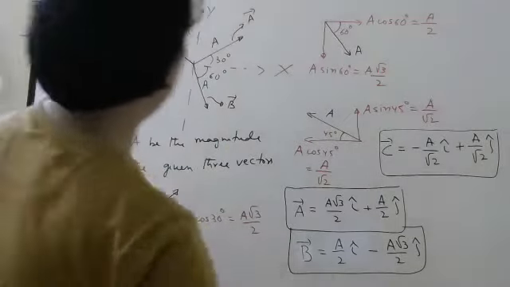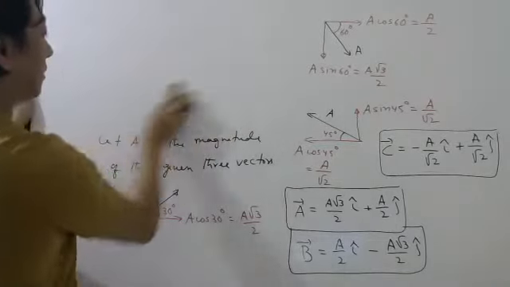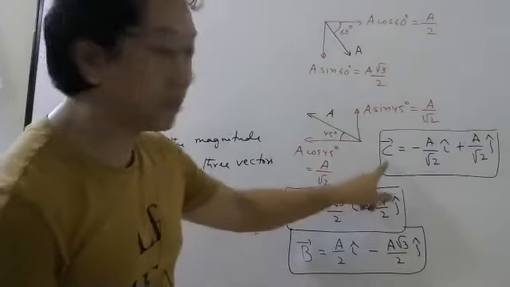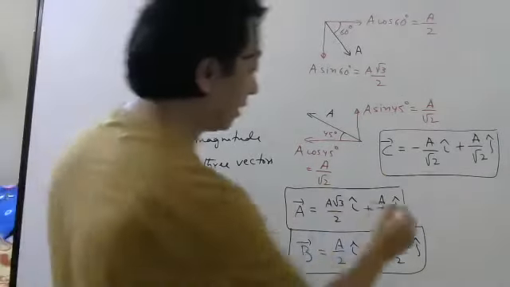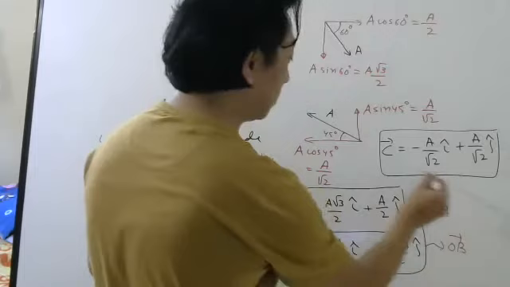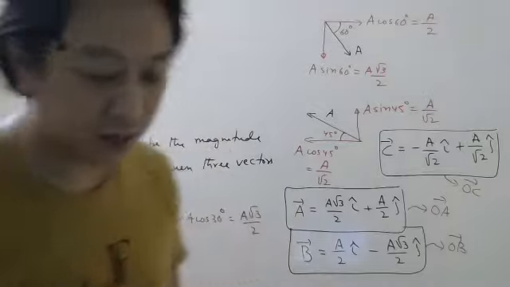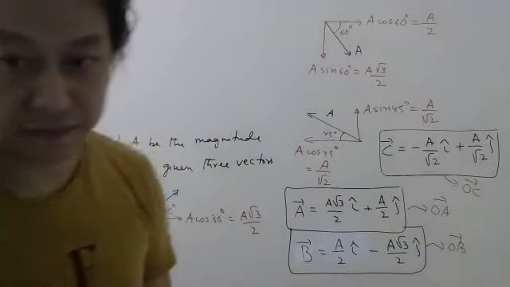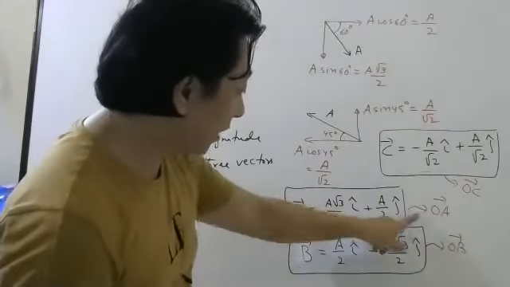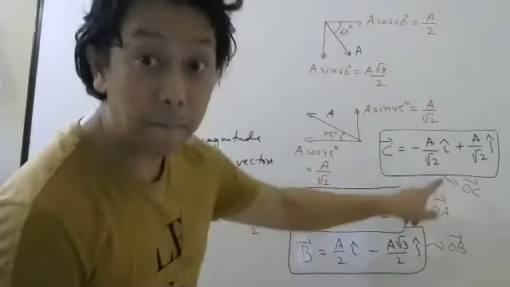Fine. Once we have learned this, now we don't need this. Now in the question, remember they are not asking for this vector plus this vector plus this vector. By the way, this is your OA bar in the question, this is your OB bar, and this is your OC bar. But I don't feel like writing so many letters. I want to call one vector by one letter. Now you have to look carefully. Are they asking this vector plus this vector plus this vector? No, they are asking this vector plus this vector minus this vector.